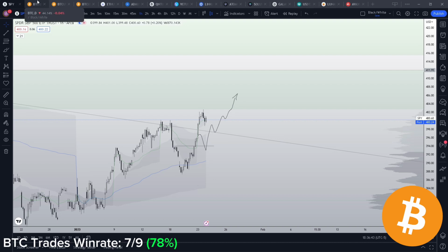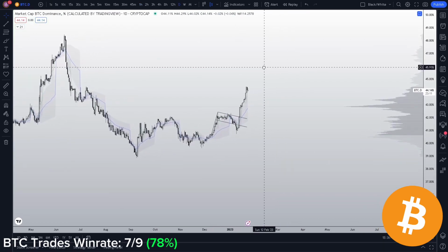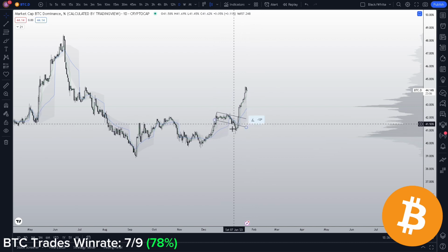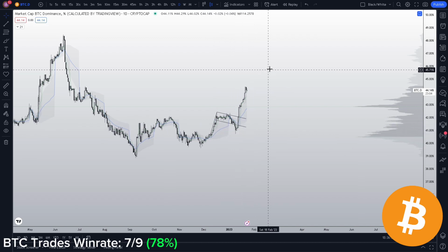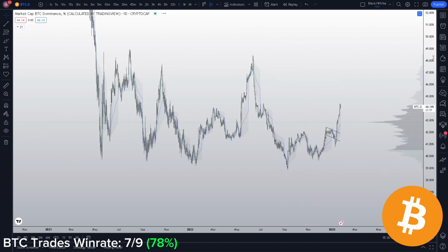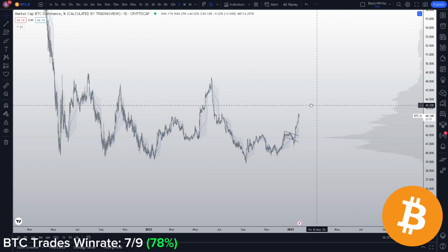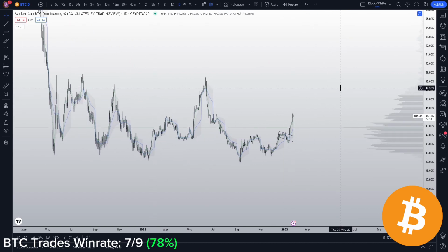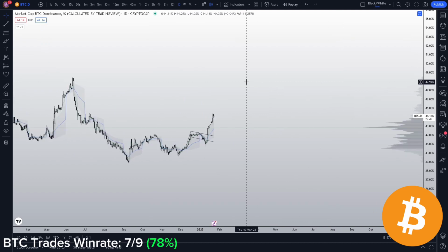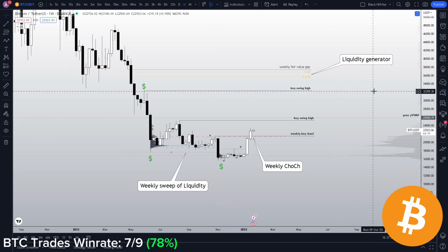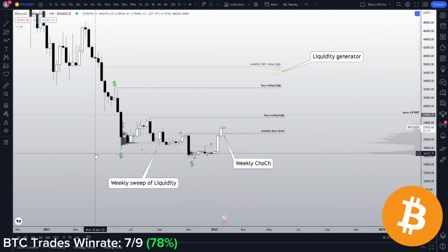So let's also talk about Bitcoin dominance here real quick. I believe in our last video we talked about how Bitcoin dominance was creating this bull flag. We had a slight deviation of the flag, and now we are on our way up on Bitcoin dominance. Although we can expect some sort of retrace from Bitcoin dominance, I am fully expecting it to reach the top of this range that we've been ranging in. So for the time being, I am definitely more bullish on Bitcoin than other altcoins at the moment, and will be trading primarily Bitcoin. So if we go to Bitcoin on the weekly here, we've had our sweep, which is just